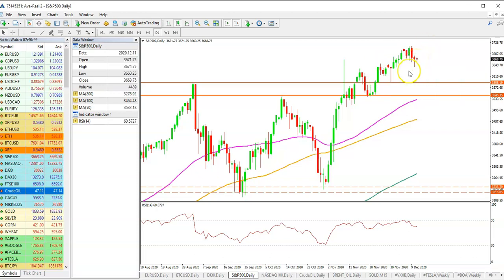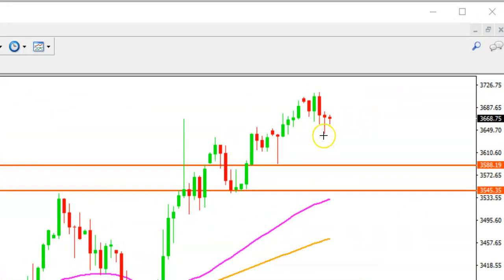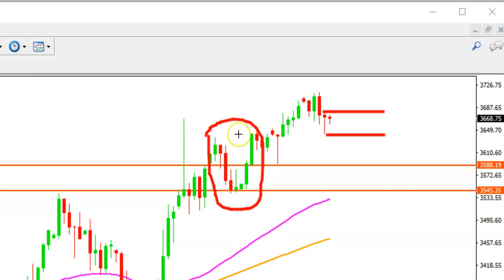But in order for this to happen, we need to pay attention to 2 critical factors. Number one, we need to see where the low is for yesterday. The low of yesterday is right over here, and the high of yesterday is right over here. Currently, the price is trading within the high and the low of yesterday. In order for the price to do the same sort of U-turn which happened right over here, when the price came over here and then went back up, recovering all its losses, the same can happen over here as well.